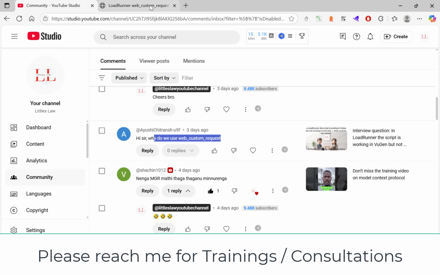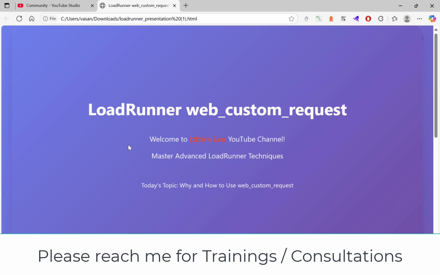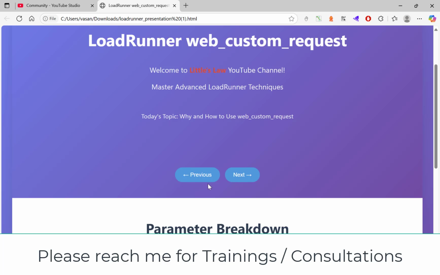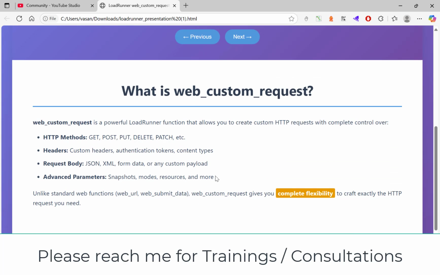And coming back to the LoadRunner web custom request. Most of us used to struggle with API testing or with modern web applications. And this is for those who are struggling to solve it. So this is going to solve a lot of problems for you. So let's dive in and let me take you to the actual slide, which is what is a web custom